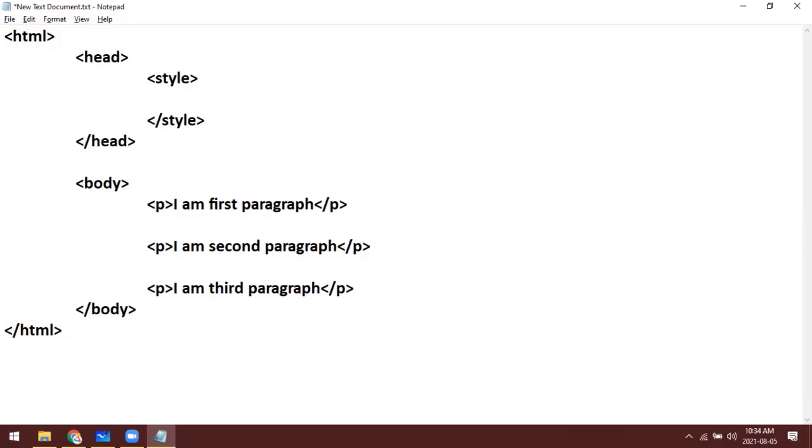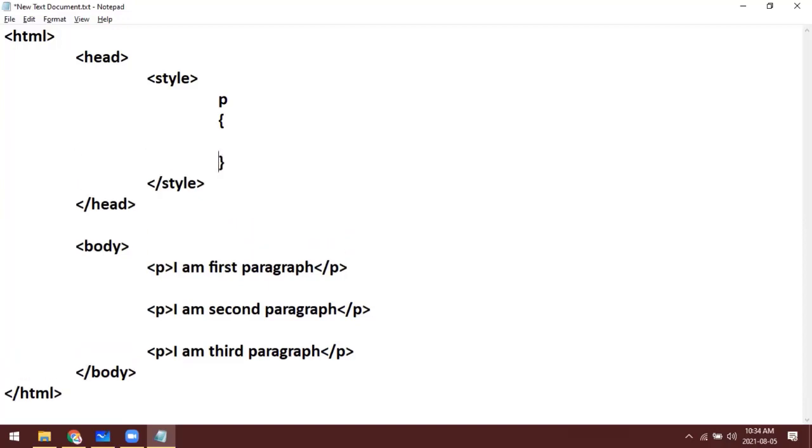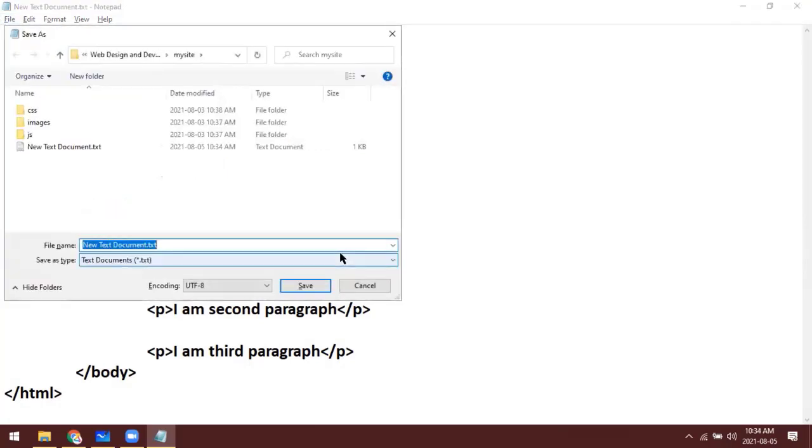I did put this and right. Now for the paragraph tag, let's apply the font size 50 px, 50 pixel. So let me save this as selector.html.